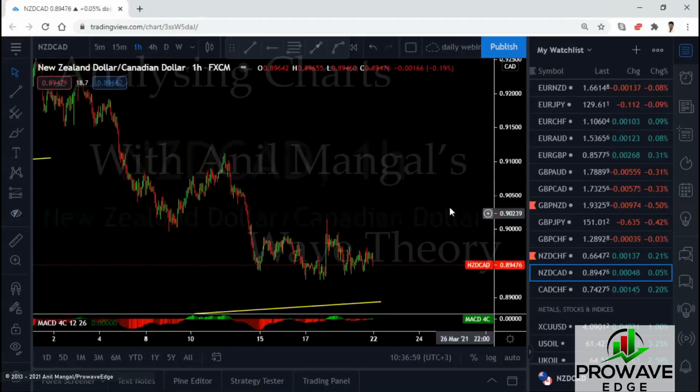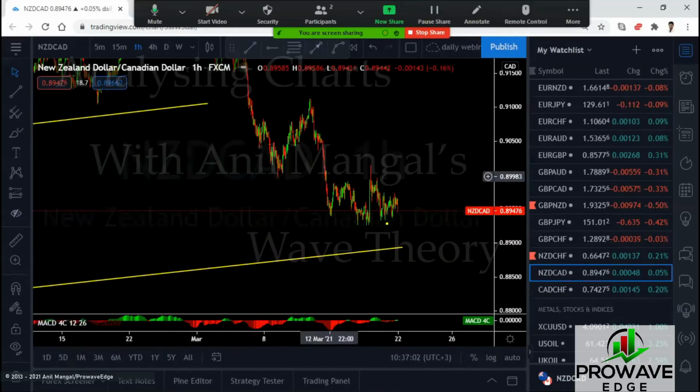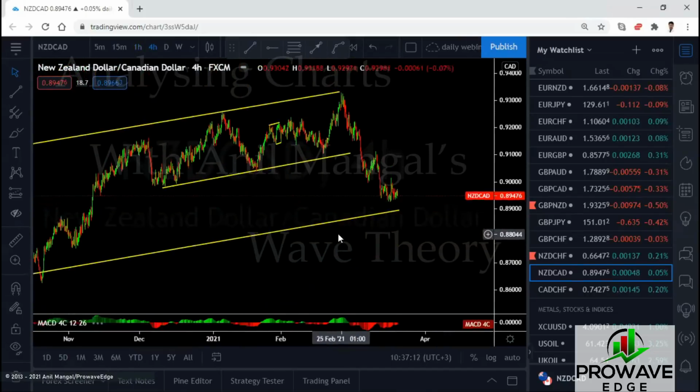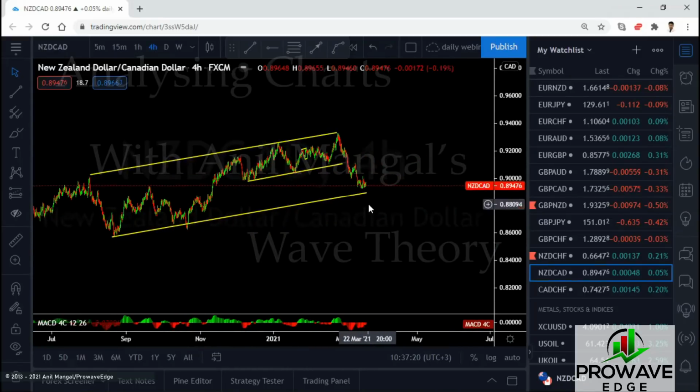New Zealand CAD. We're in this. There's a sell setup here. Very short-term trade. This is a sell setup, but it's very, very short-term. They might just break this low and go back up. And the reason for that is because we have a daily 4-hour sharp wave down there that we are repeating now for a running flat. See that? So the sell here is very short-term. I would not sell the pound CAD. That's a better deal, right?